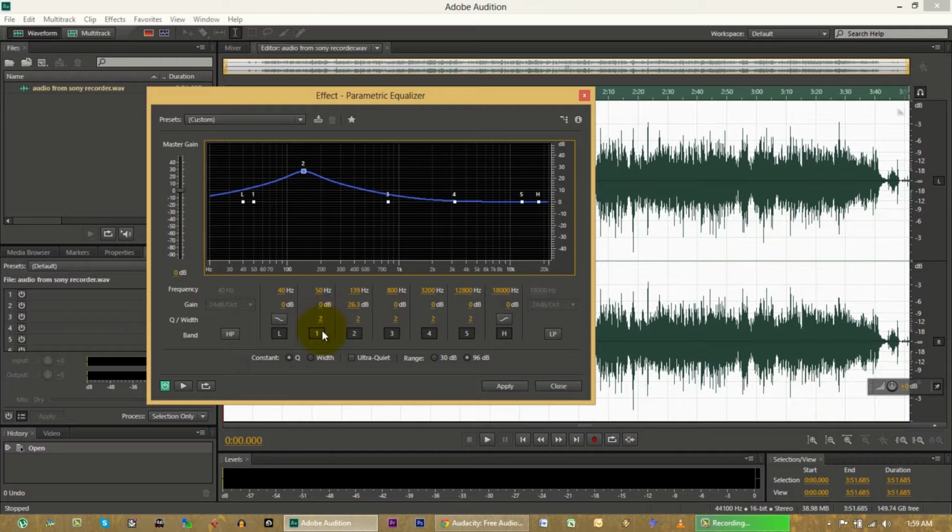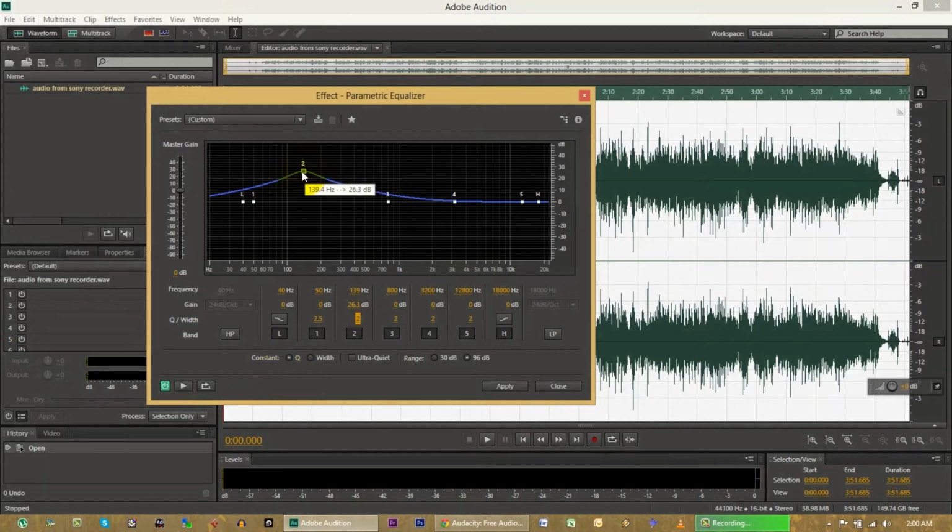So if I change this Q value, let's try changing the right one, it's going to narrow the width of the band that we're trying to change. So you can go from a fairly wide increase to a very specific narrow increase in frequency. On this particular thing they all default starting out at 2.